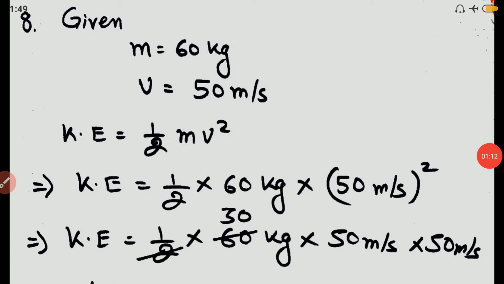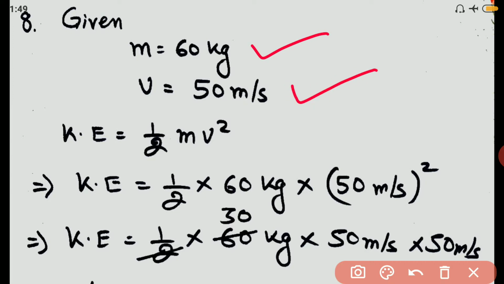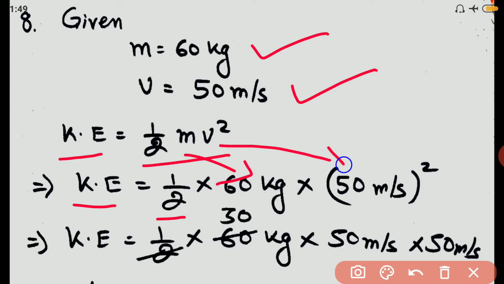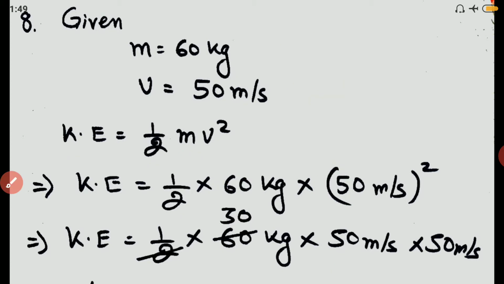So coming to the solution of number 8, where mass given to us is 60 kg, speed given to us is 50 meter per second. As both are in the SI unit, there is no need to convert. So now kinetic energy equals half mv square. Using the formula I can further solve it as kinetic energy equals half, m's value is 60 kg, and v square becomes 50 meter per second whole square. Okay, now further solving it, we shall get